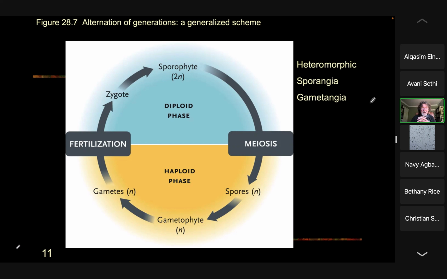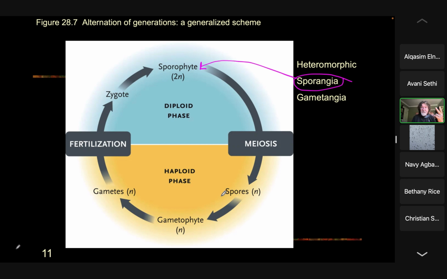Let's start here with the sporophyte, because fertilization produces a diploid zygote, and that will produce a baby sporophyte. It's diploid, and this sporophyte is the adult form. However, these do not have gametangia. They have a different type of reproductive structure called a sporangia. Sporangia is plural, sporangium, I-U-M, singular. This is a reproductive structure of sporophytes, and it's in the sporangia that diploid germ cells undergo meiosis